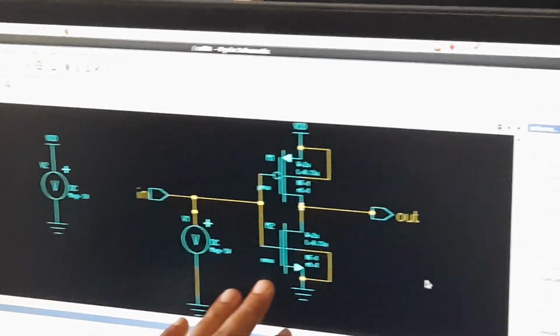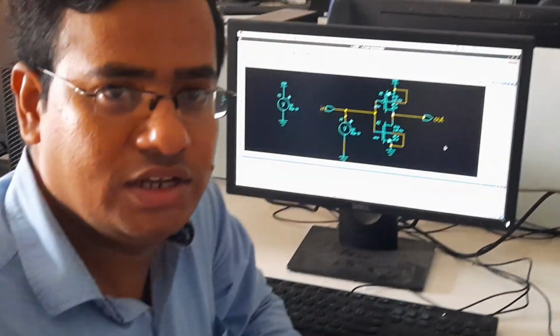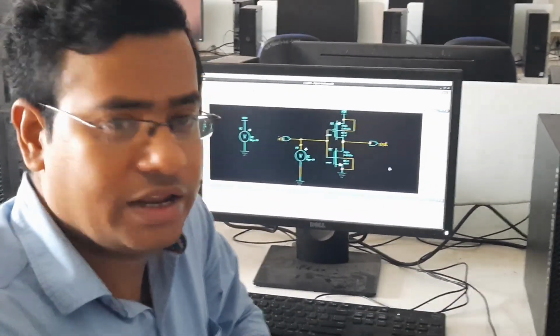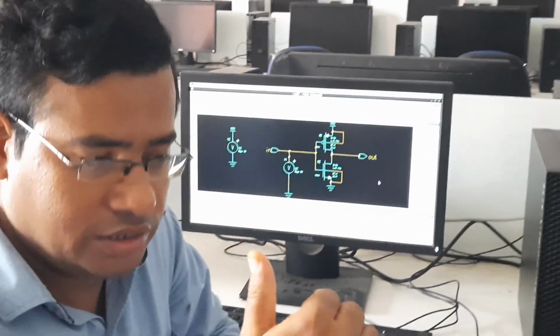This is a whole circuit. I think you understand what is the difference between transient analysis and the DC analysis. So in the transient analysis you require the input time